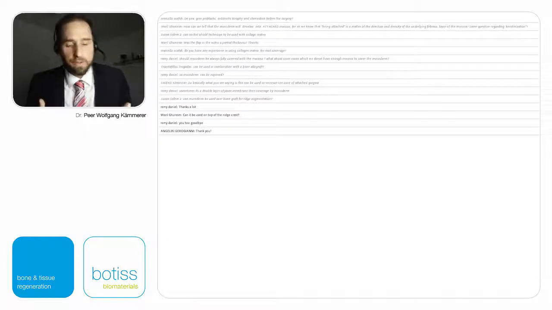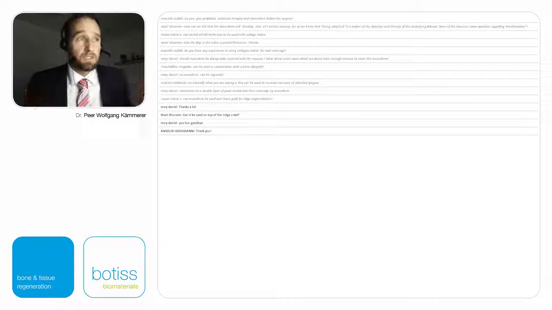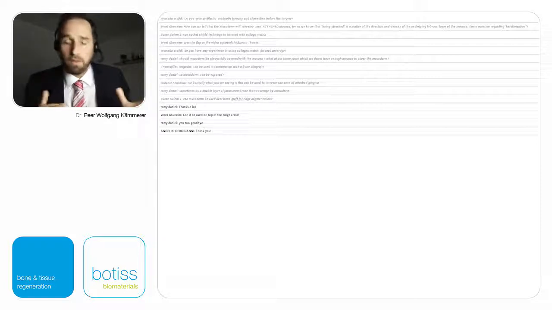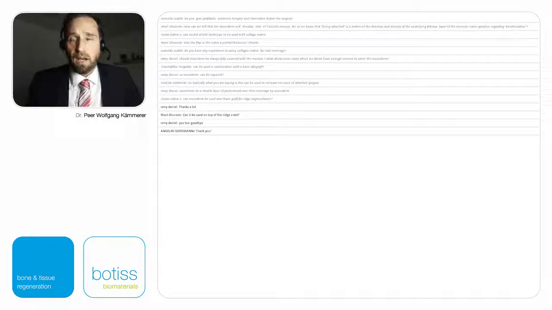I always do full coverage of the augmented bone with soft tissue. If this is not possible, we have a problem. That's why, before augmentation, you need to think of soft tissue coverage. Do not do it with mucoderm. You can do it when using socket shielding techniques or when using small ridge preservation techniques, but not with large